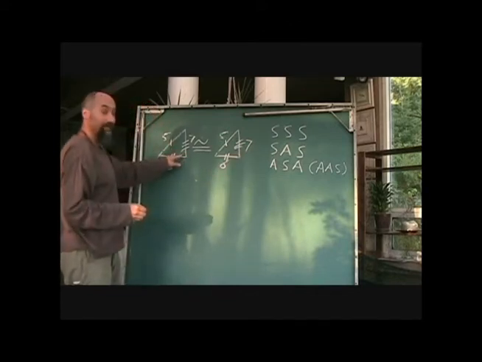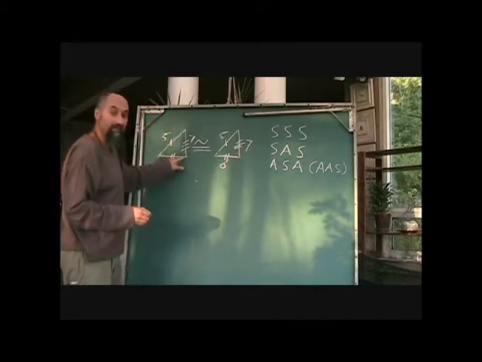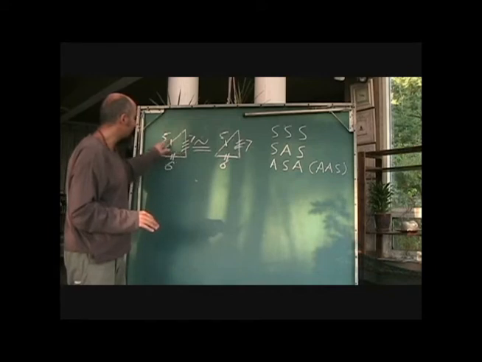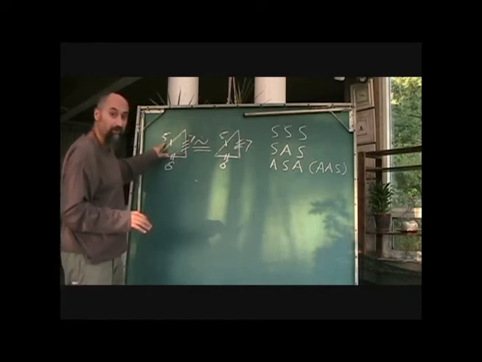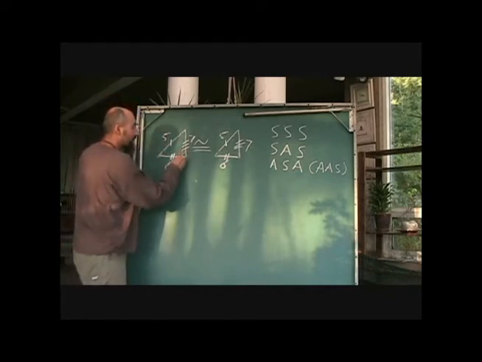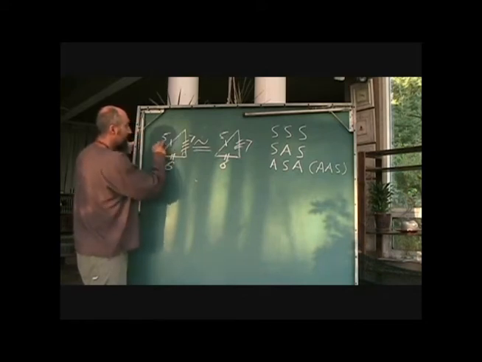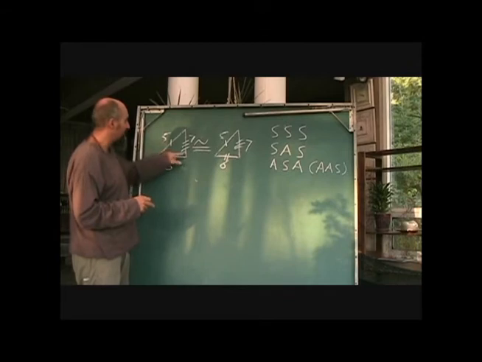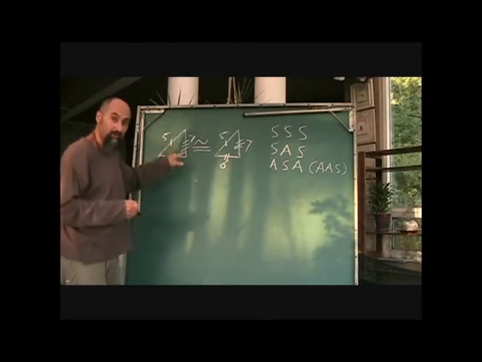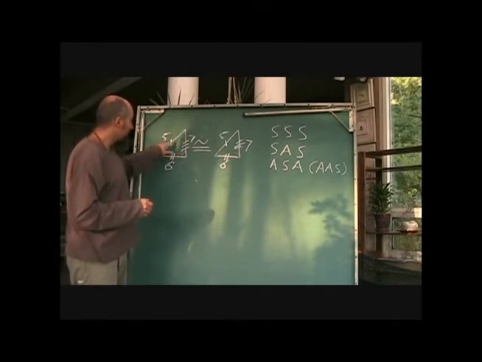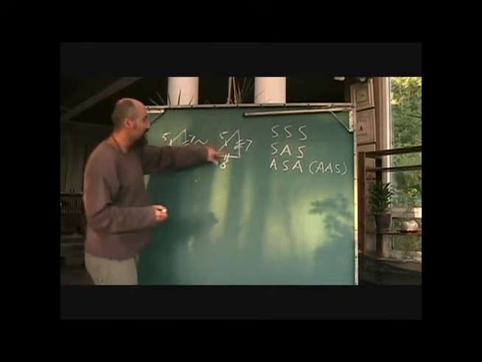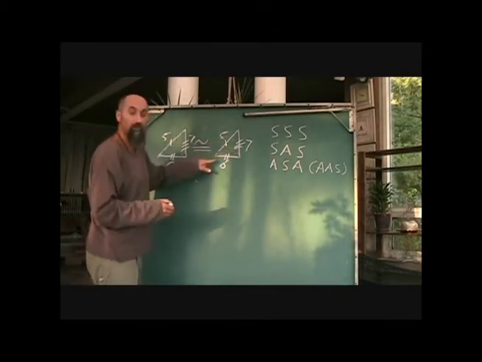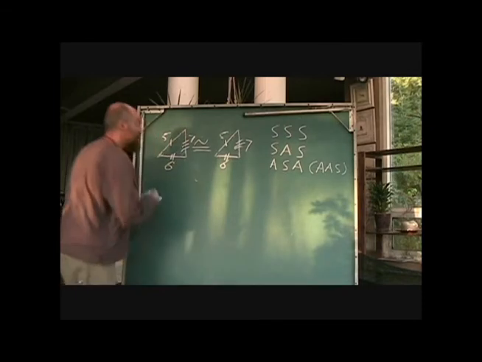Now this may look like a 90-degree angle, but I haven't marked it as 90 degrees, so you can't say that this is the hypotenuse and should be larger. If I drew a 90-degree angle there, then this triangle would not make sense, because this would have to be the longest side. We talked about this in the right triangles, okay? But keep in mind, if they tell you that these sides are the same as these sides, then you know what these sides are. They can also give you